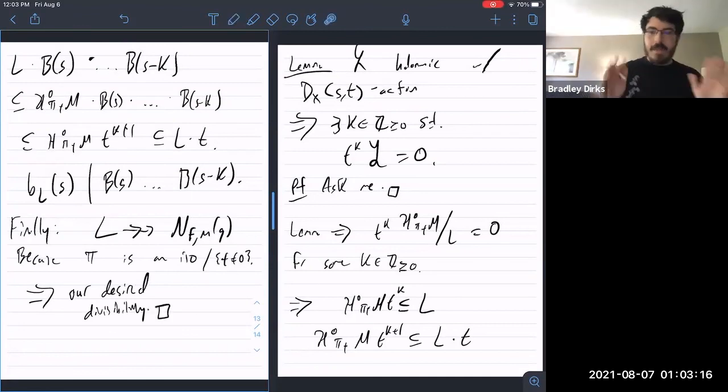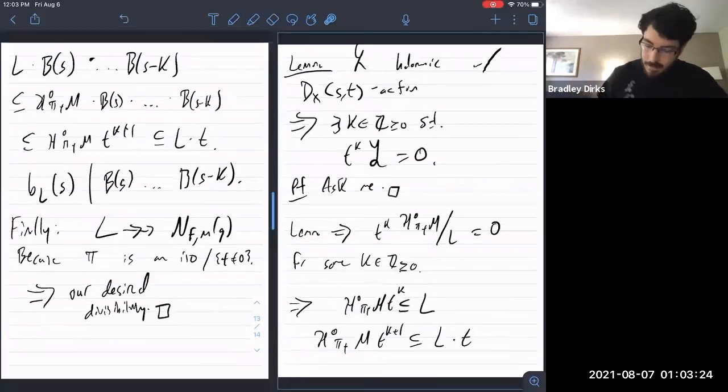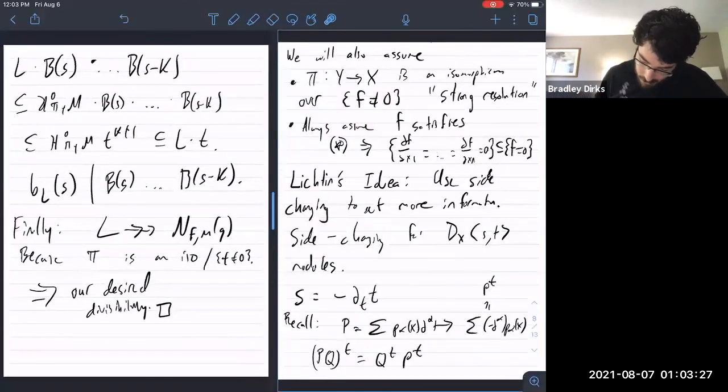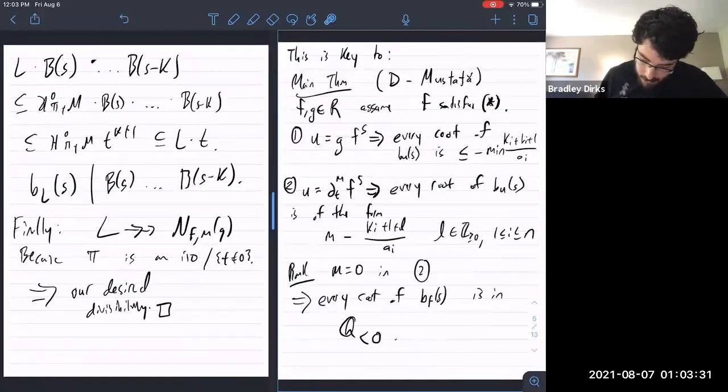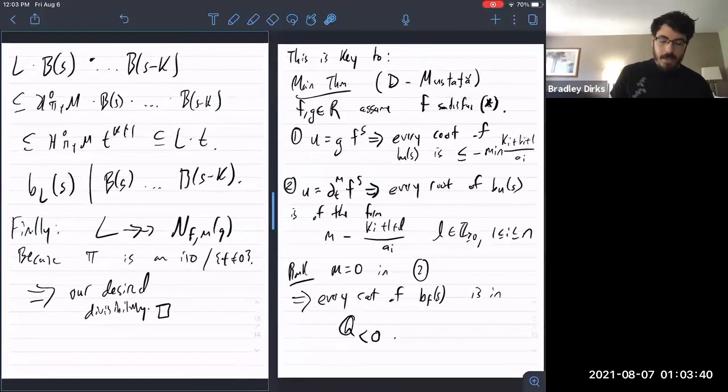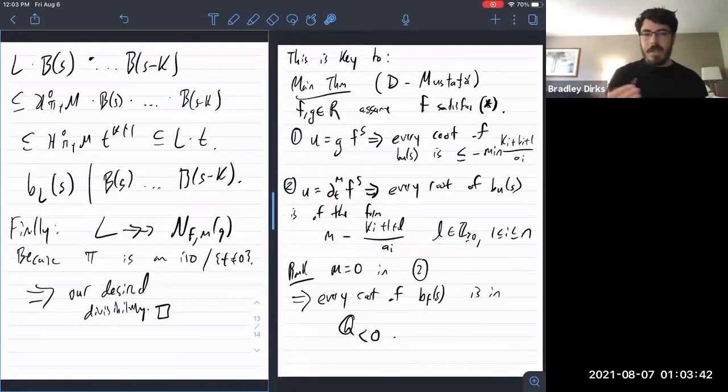Okay, and I'll just say, sorry for going so far over time. This K was Y in the statement of the main theorem. There's this ambiguity of that extra L. If I look at the shape of the roots, where's the main theorem? Here. This L here, and the reason why this is less than or equal to, that L is coming from the fact that we don't really have control over which power of t killed that quotient. So the best we can say is that there is some K such that if we do all of this stuff,